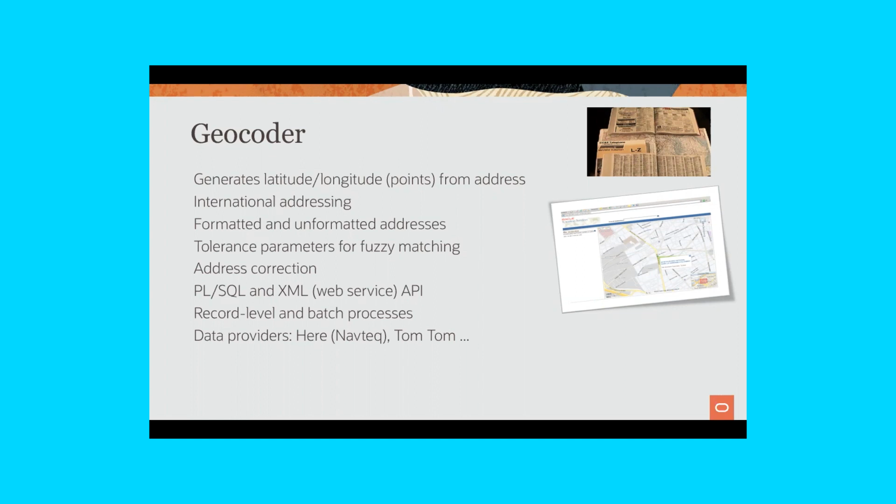So if you're using this directly from the database, then as I mentioned before, you would need data from some of these commercial data providers like Here and TomTom, or you can even take OpenStreetMap and push it into the database, and then you can get the geocoding running on top of that. But if you're using Studio, then Studio provides you a service that lets you do the geocoding without you building all of this infrastructure and the data required for geocoding.